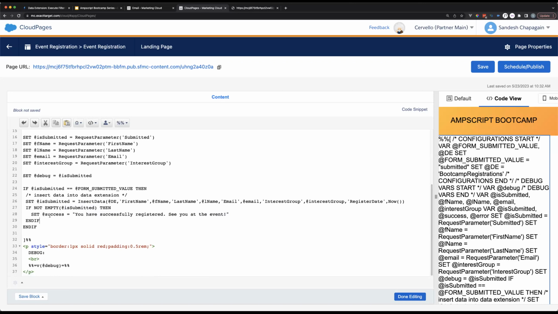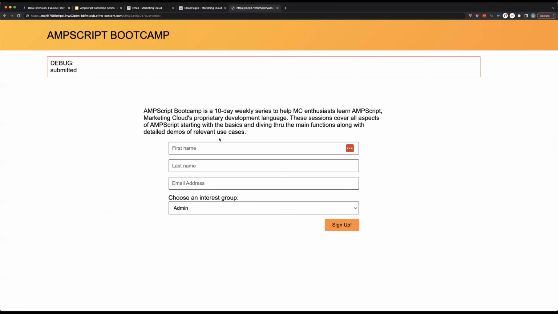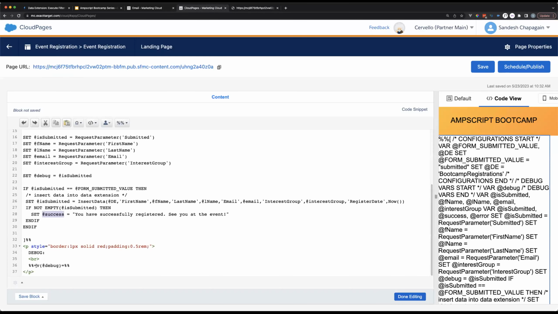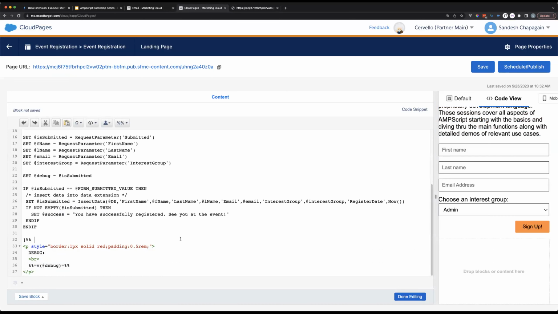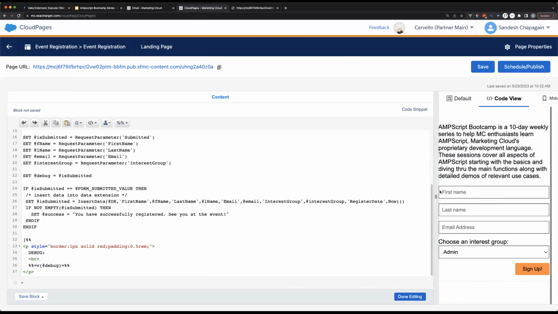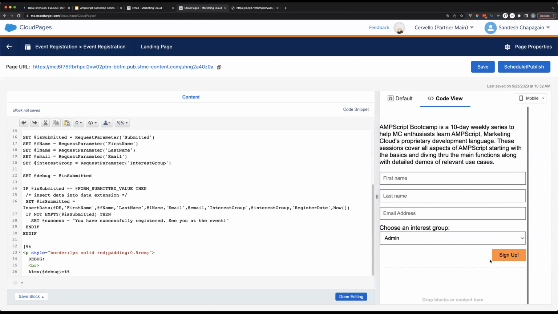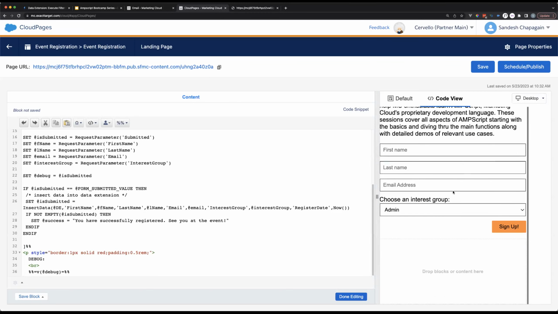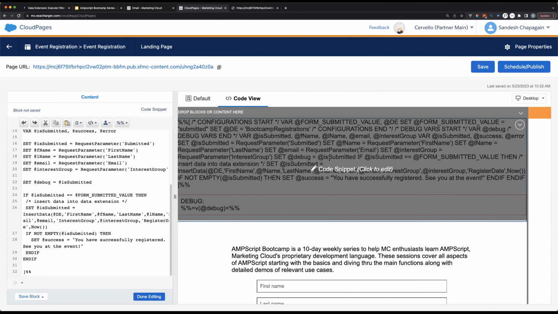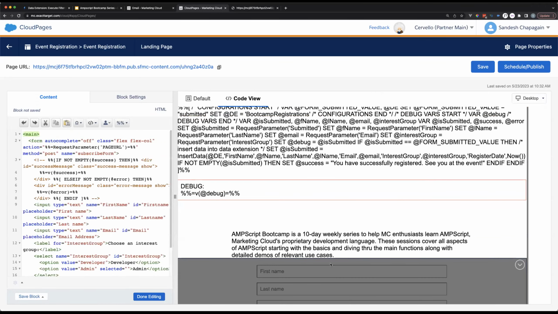Now, how do we go about displaying this? We did set a variable, but can we display it in the form? I think we can, right? Because that's what we're doing up here in debug anyways. So we're using v, the function, to display a variable that's been set in the AMPscript part in the DOM or in the page, which means we can do something very similar down here in the form as well. And if we go to the form, can't click on this for some reason. Let's move back to desktop. Okay, here we go.